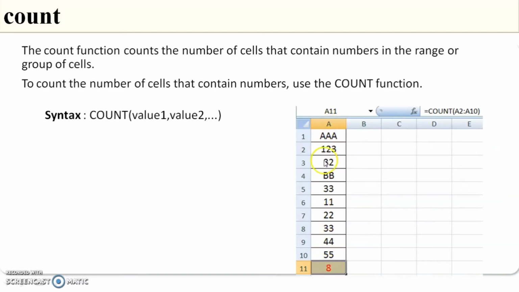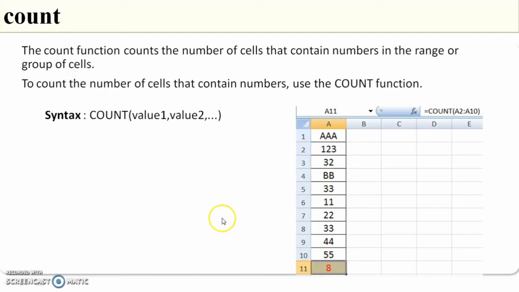Here totally 8 cells have number values. The rest of them are alphabets. Two cells have alphabets, so it will discard them. The rest of the cells have numbers, so a total of 8 cells have numbers, and the result 8 is displayed